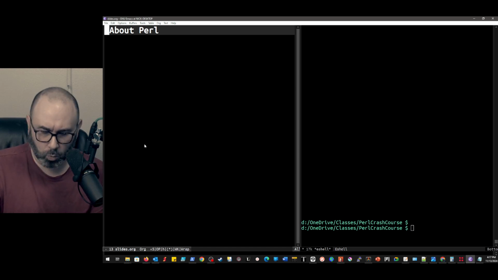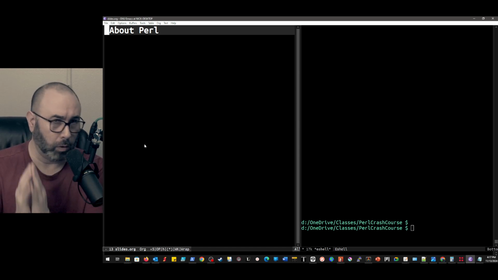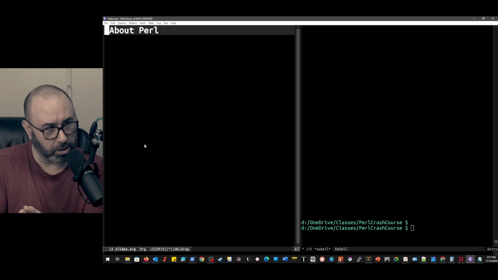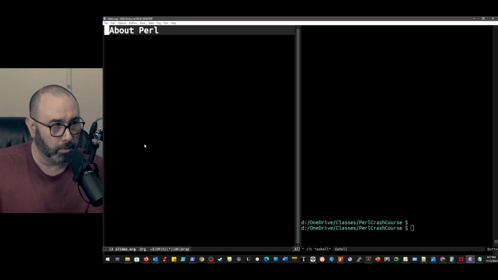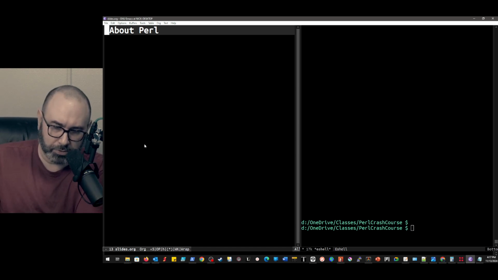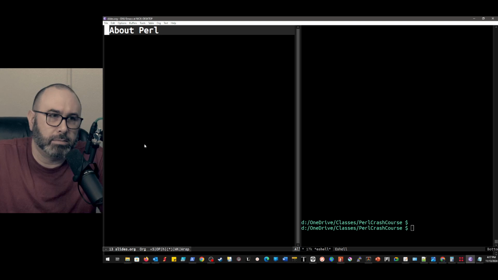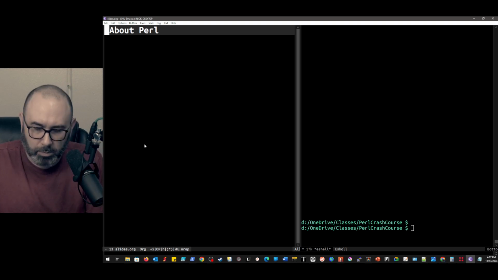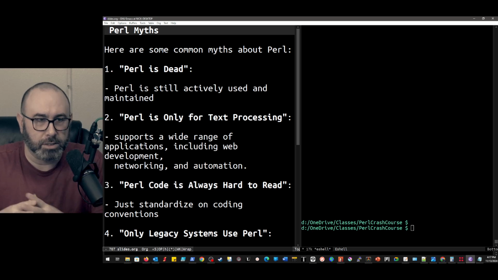But one of the really cool things about PERL is if you wrote code in PERL 20 years ago and you go run it today, it will typically work. Now, there are some exceptions if you used maybe a library that's no longer maintained, but that's true with any language. And it's a really, really good programming language for a lot of different reasons.